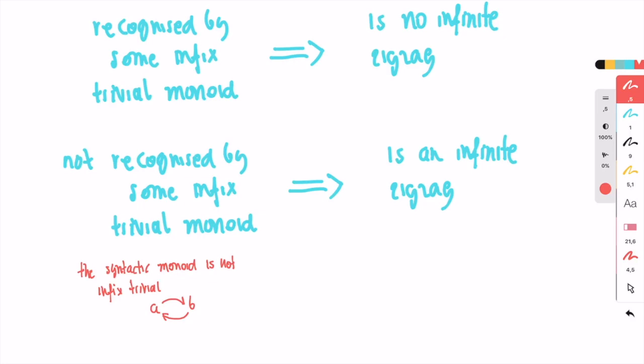Now, if you remember, the syntactic monoid is defined as equivalence classes of words with respect to two-sided congruence. So what that means is that if we assume that you go from A to B by appending things on two sides, and then you go from B to A by appending something on two sides,